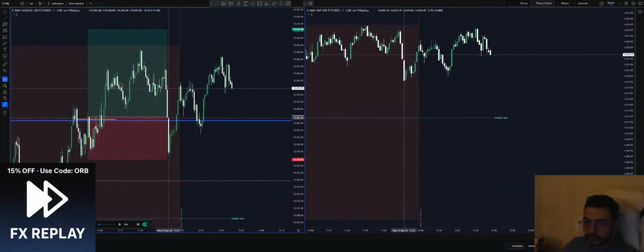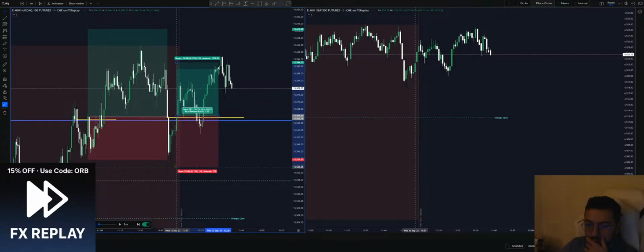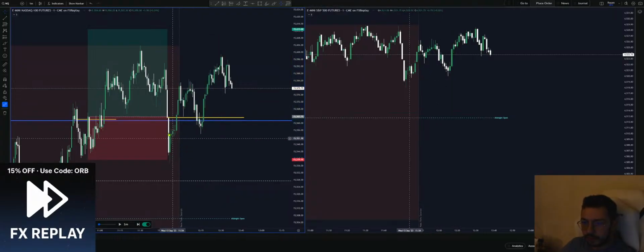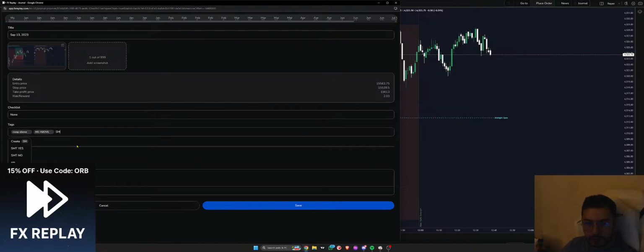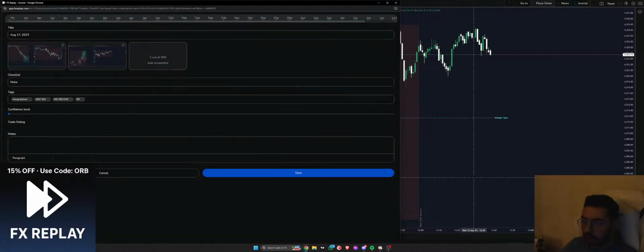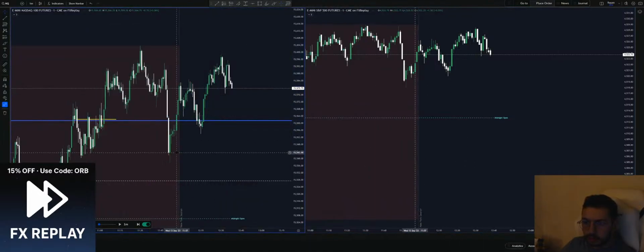Let me just see the re-entry. It would be here. If it was break even, I'm not going to redo it. But if it was TP, then yeah. Oh, I would have to redo it then. Let's see. First, let me journal this. VWAP above, midnight open above. SMT, no. Break even. And then we return to this day here.